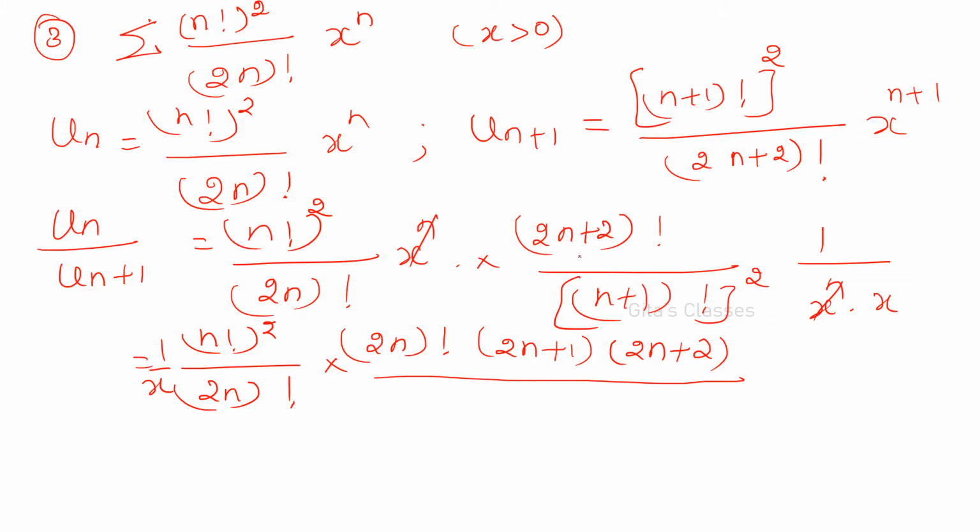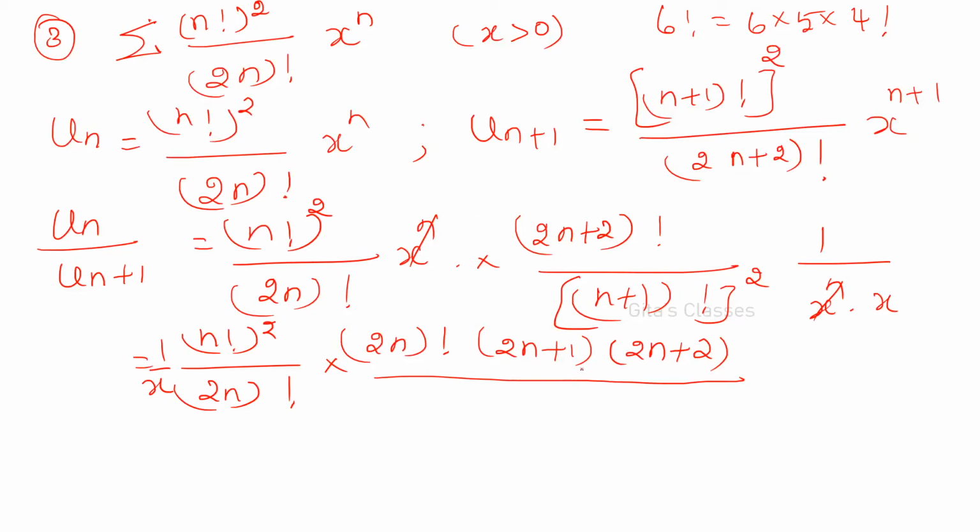I want to express like 5 factorial or 6 factorial in terms of 4 factorial. That means 6 into 5 into 4 factorial. Two terms means you have to write 6 and 5. So two terms are there in between. After 2n, the next number is not 2n plus 2 directly. The next number is 2n plus 1 and then only 2n plus 2 comes, right? Therefore, two values in between.